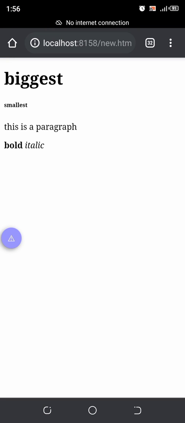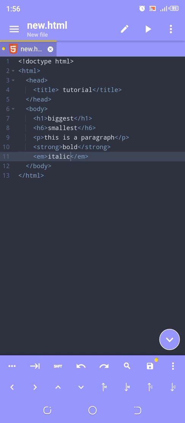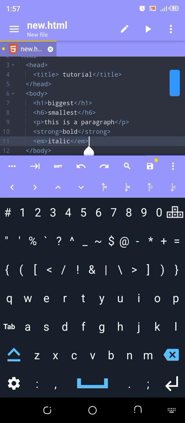Okay, as you can see, this is bold, this is italic. Nice and easy and simple, right? Thank you. Okay, the next thing we want to do is how to apply links to your website. Links are everything in a website. I mean, you don't want to have a website that just shows you one page.